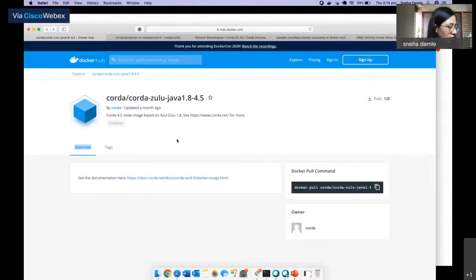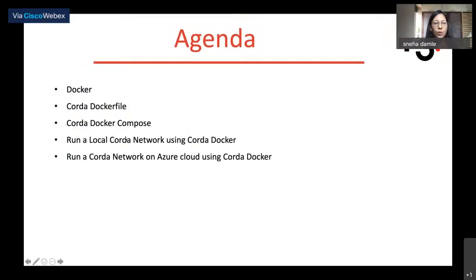Now we understand that we have our Corda Docker image. The next part, let's move on to the third and the fourth part, where we'll set up a local Corda network, use this Corda Docker image, and deploy the nodes individually on different containers, and then see how the nodes can interact with each other.